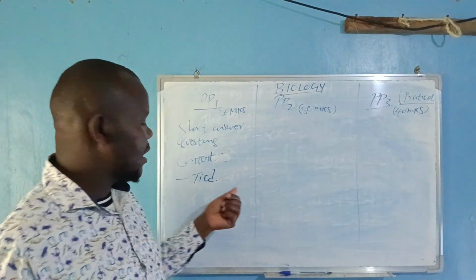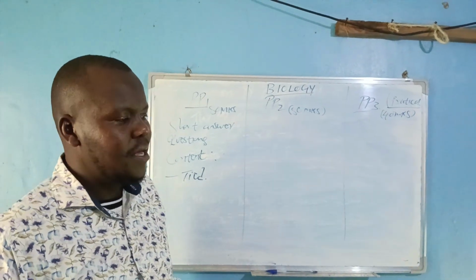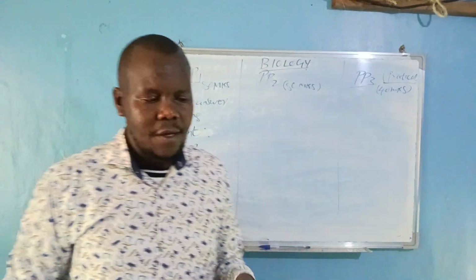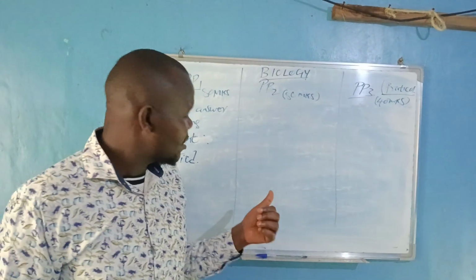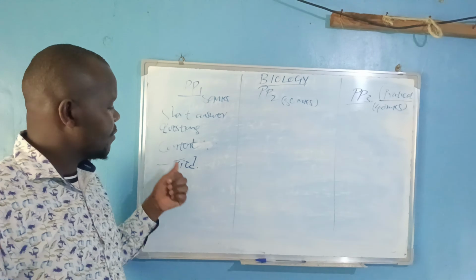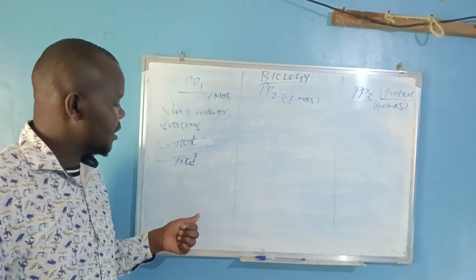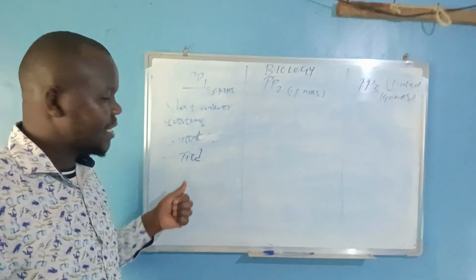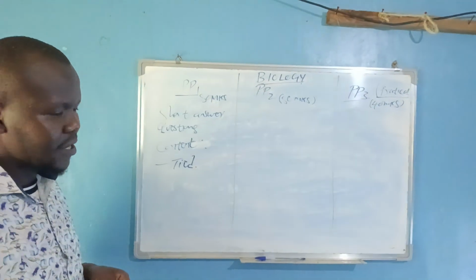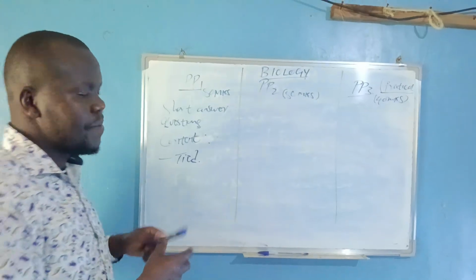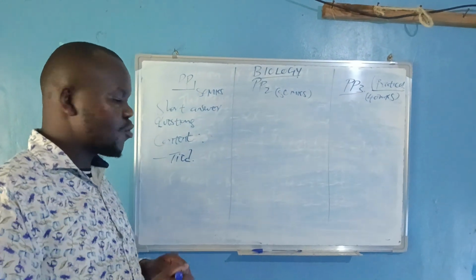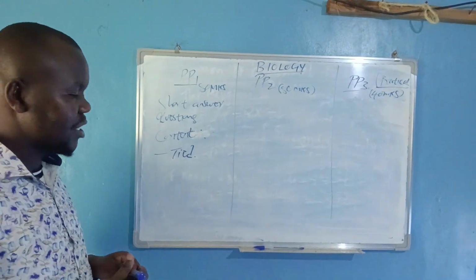What are tight questions? Tight questions are where, in question A, you are given a certain question, and for you to score section B, you need to have scored section A. An example: you are given a question like cell physiology, identify the physiological process. Maybe it's osmosis. The second question, if you are told to give a reason why it's osmosis, the first